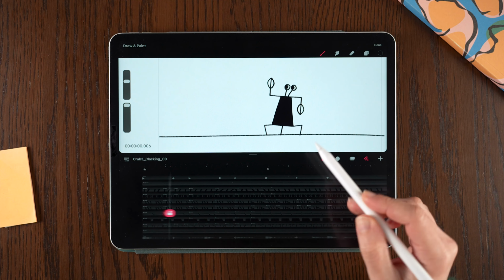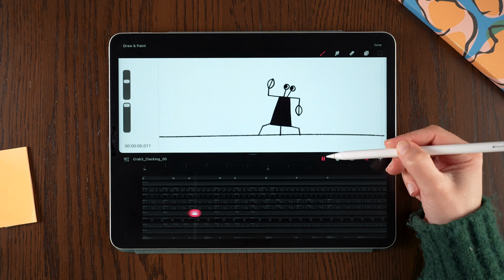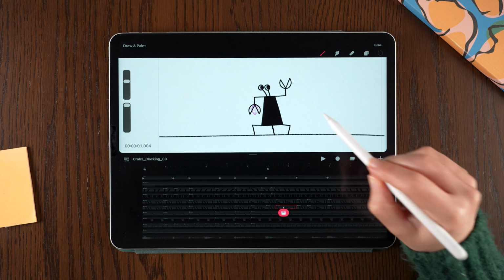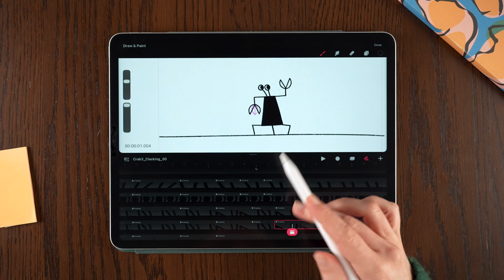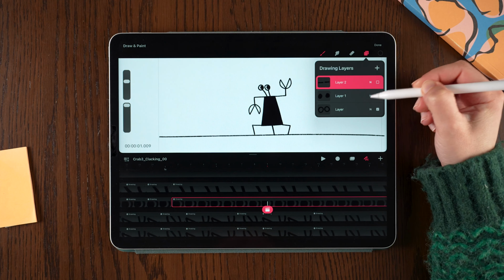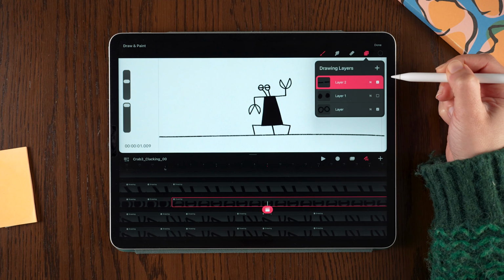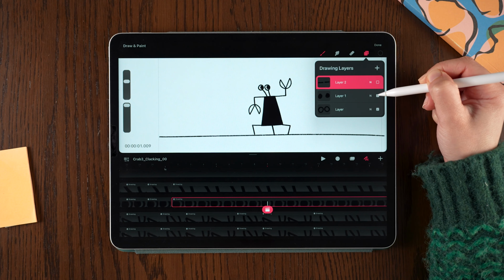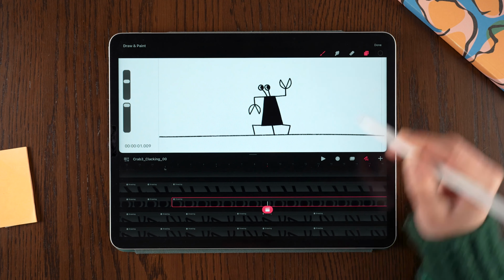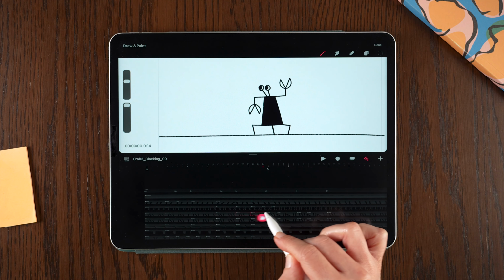Looking at the animation, I feel the eyes could benefit from a little blink. Let's go to the eyes track. I have prepared them in the same way as the claws, having several drawing layers to be able to switch between eyes open and close at any point in the animation. Let's decide first where we want the blink to happen. So maybe here before switching direction.